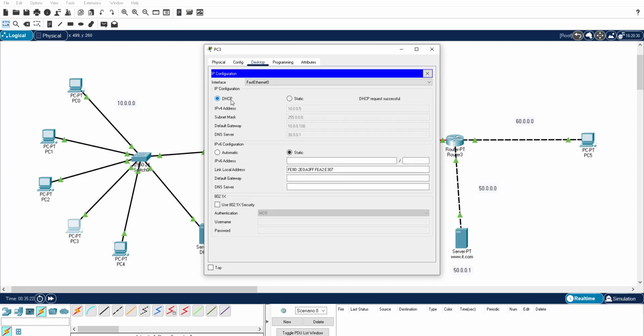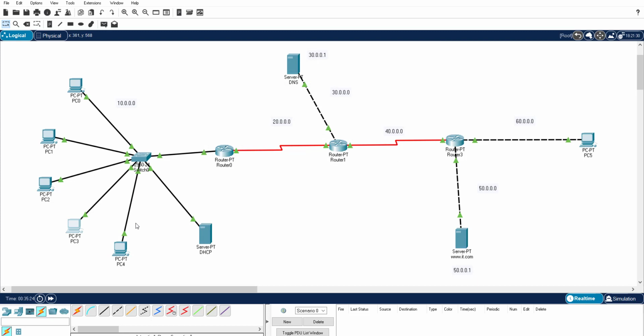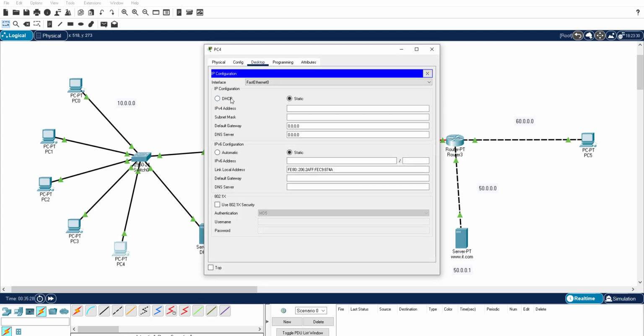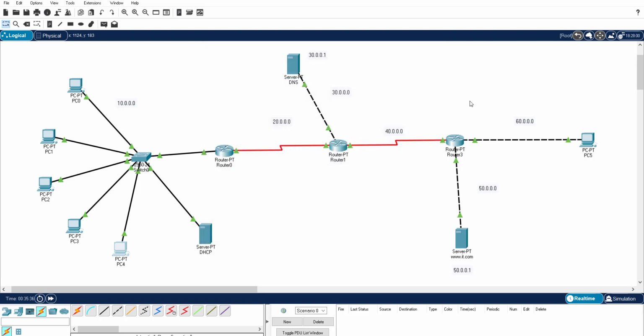Your DHCP machine is assigning the IP address to all. So step number 2, assigning the IP address, is over.